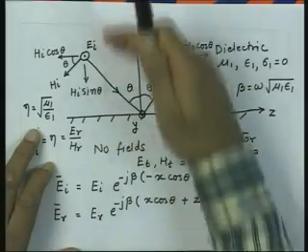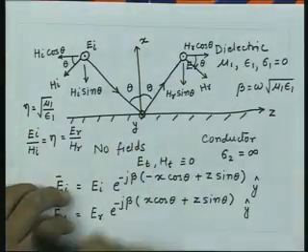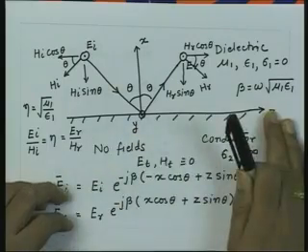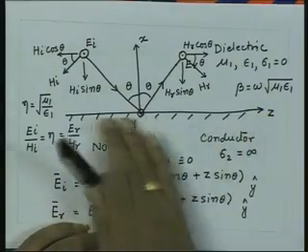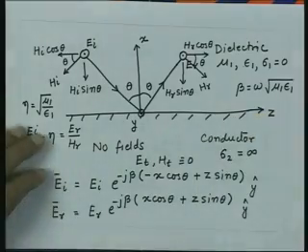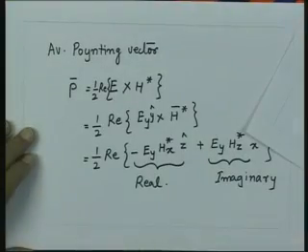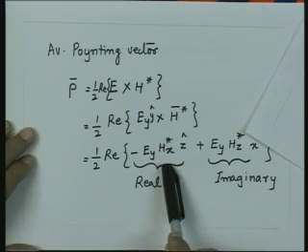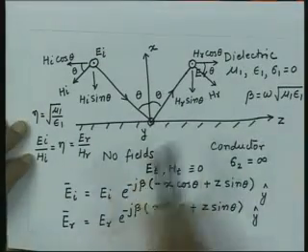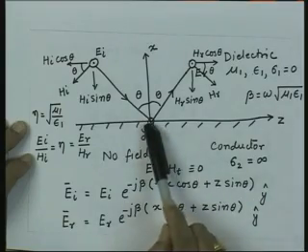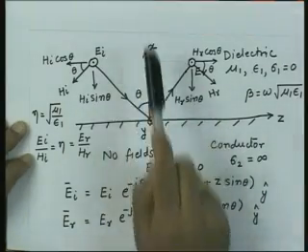So this essentially gives you some kind of a reactive power in this direction, but in this direction where there is a net flow of the wave, you have a travelling wave in the z direction and there is a net power flow along the z direction, and that is precisely what the Poynting vector gives you: the Poynting vector in the z direction, which is the same as the net direction of the travelling wave, and there is no power flow in the direction perpendicular to the conducting boundary.